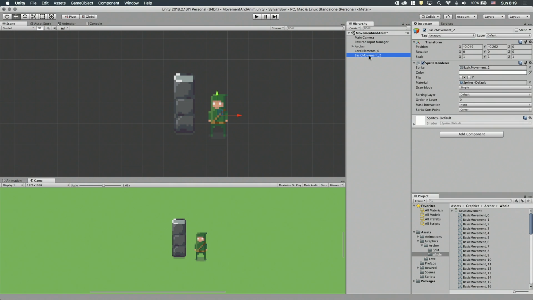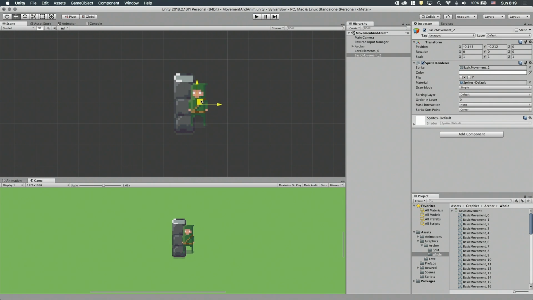Now if we grab the archer and move it around the pillar, it will appear behind or in front of the pillar depending on his position. How cool is that? It starts to look like our game has a three-dimensional space, but it feels somewhat imprecise. The sorting flips earlier than it should. The archer's position is behind the pillar from our perspective, but the sorting makes it appear in front of the pillar. The source of this problem is that Unity uses the sprite's center point to sort them, which doesn't give us the desired 3D feel.